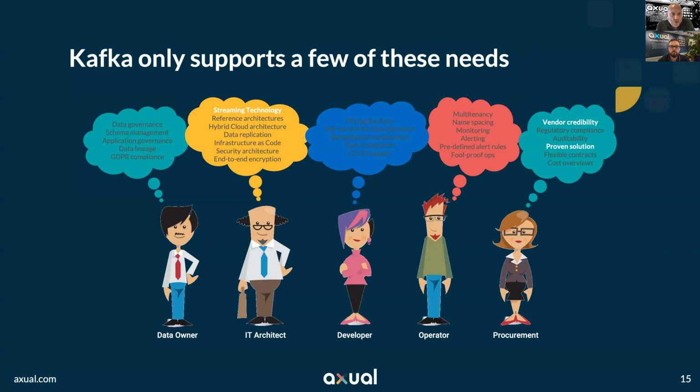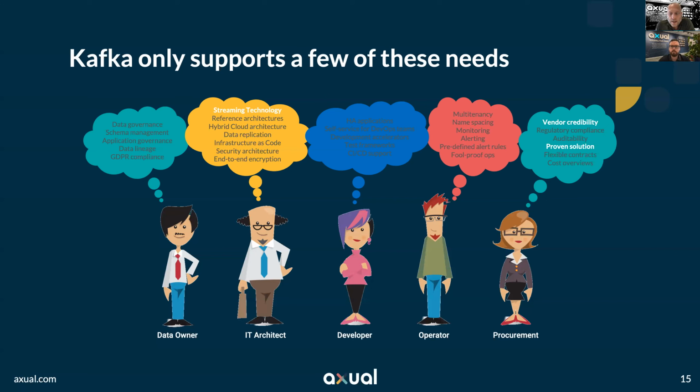So it does offer you the streaming technology. There's plenty of vendors around Kafka, so it's open source. So plenty of distributions or plenty of vendors to choose from. And Kafka itself can be really treated as a proven solution because it's operated by many different organizations already. So proven in a lot of use cases, in a lot of scenarios. So in that sense, Kafka itself is a safe choice. It's just that all the enterprise challenges around Kafka are not met by Kafka itself.